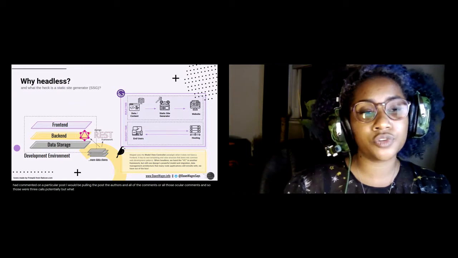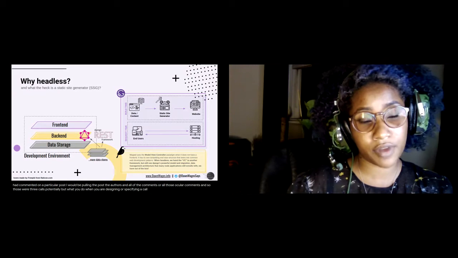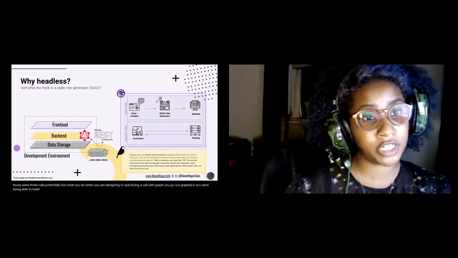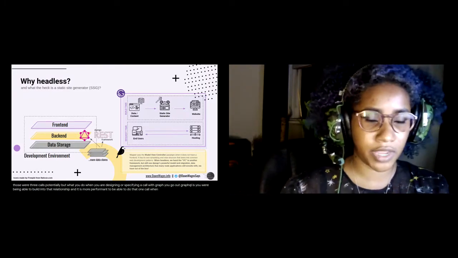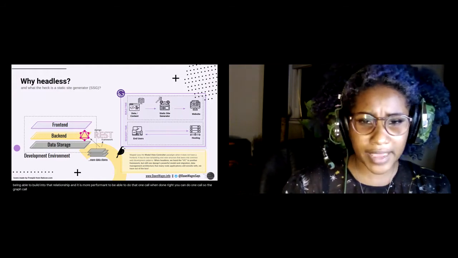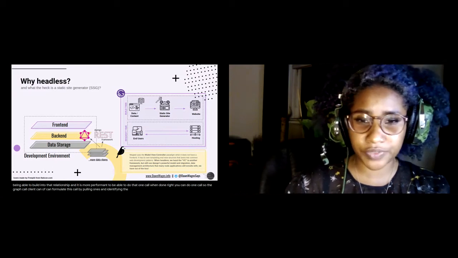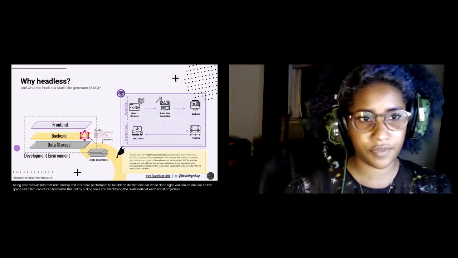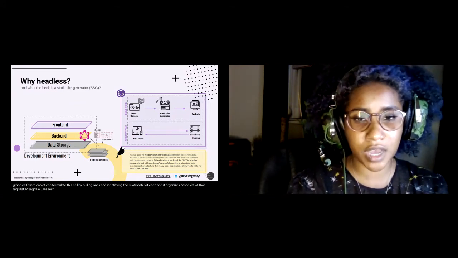But what you do when you are specifying a call with GraphQL is you are able to build into that relationship, and it is more performant to be able to do that one call. When done right, you can do one call. So the graph call client can formulate this call by pulling ones and identifying the relationship of each, and it organizes based off of that request. So Wagtail uses REST,